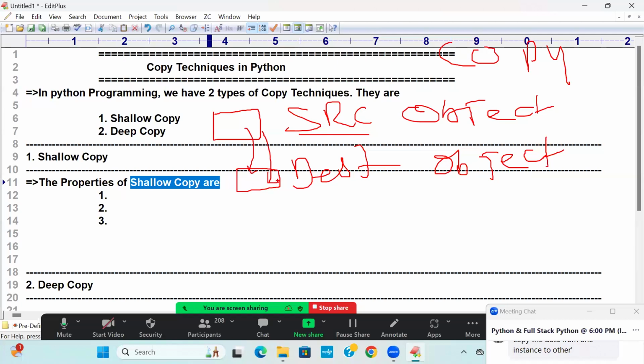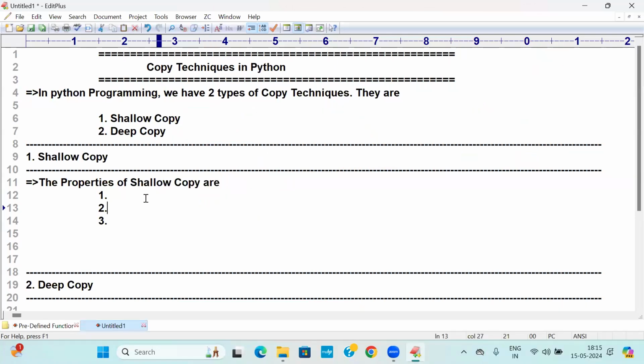This is known as the copy process. This is object 1, and this is object 2. So object 1 is getting into object 2. Whenever I apply shallow copy,